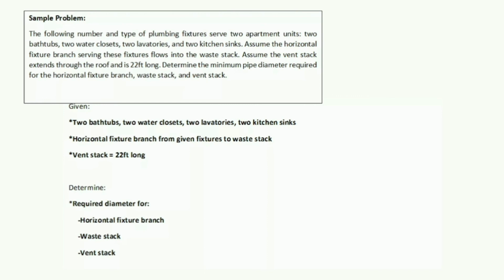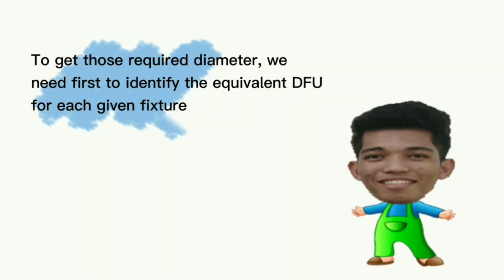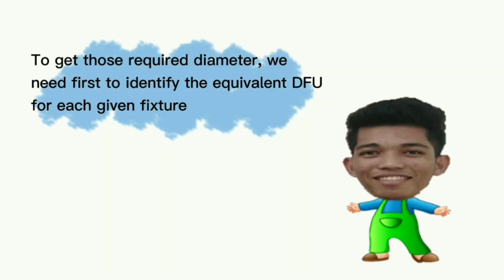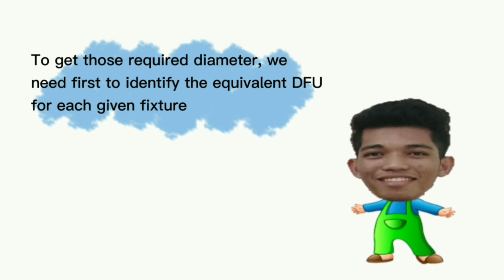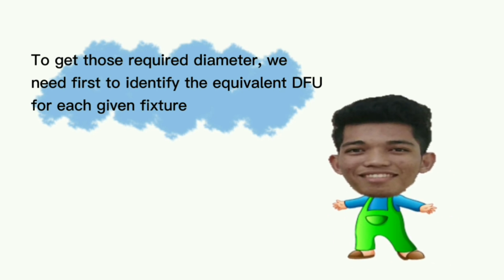So, galing dun sa 4 na fixture, yung waste niya ay dadaloy papunta sa horizontal fixture branch and papunta sa waste stack. So, ang hinahanap dito ay yung horizontal fixture branch, yung diameter niya, yung diameter ng waste stack, and diameter ng vent stack. So, bago natin makuha yung tatlong diameter na yun, hanapin muna natin yung katumbas na DFU